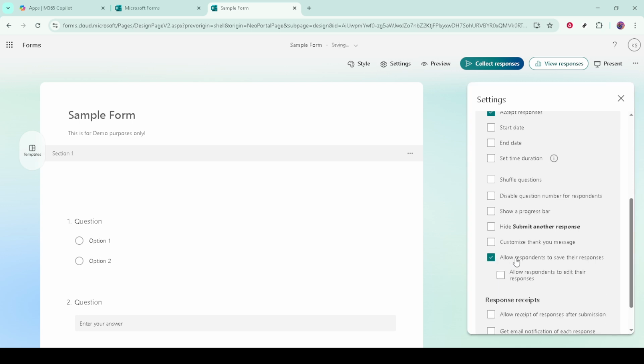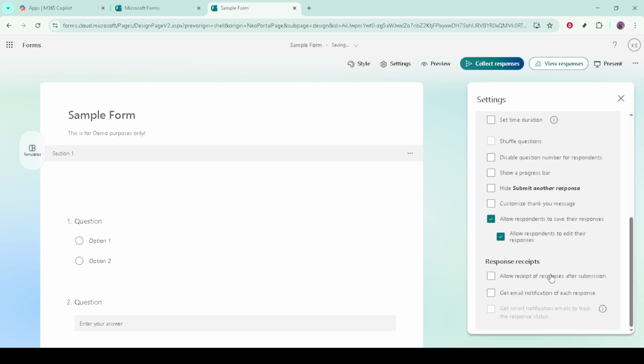If editing is allowed, they can return to the saved response, make updates, and submit again so the owner receives the latest version. If you're the person who submitted the form and you want to find your saved response later,